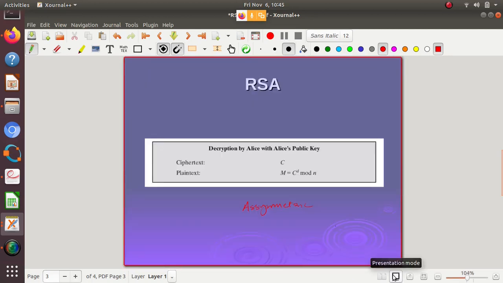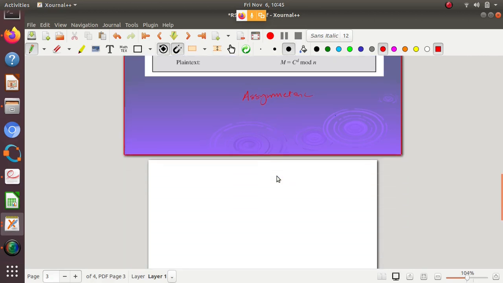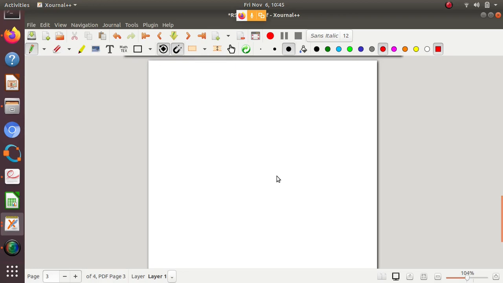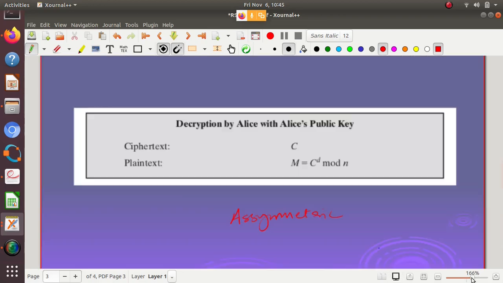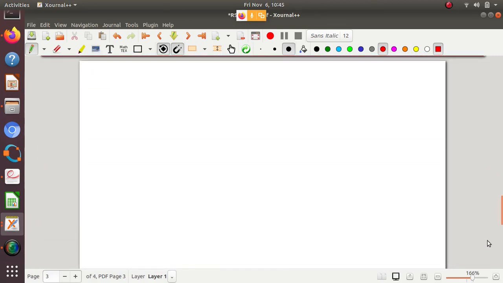Okay, when we are applying this C to the power D mod n, how will that become M? The proof of that is what we are just going to discuss. Okay, so what was our background? Proof for RSA algorithm. So we have to prove